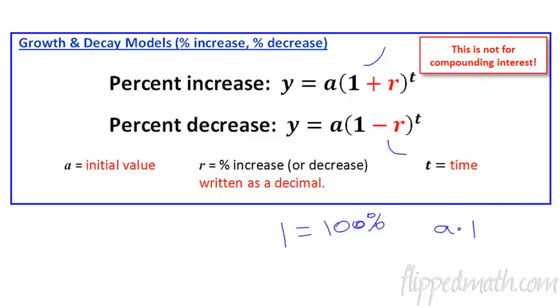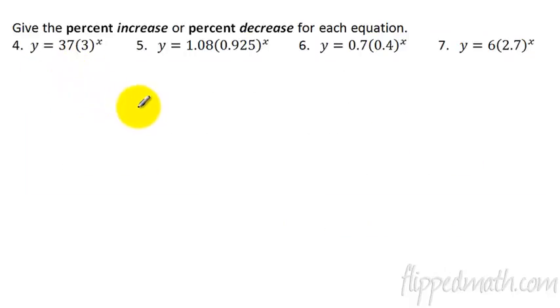Here's the next one. Here we're looking at what is the percent increase or decrease. So for this number 4 here, you're looking at the base, which is a 3. How far above the number 3 is the number 3 from the number 1? The way we do that is we take 3 and subtract 1 from it. 3 minus 1 is 2, so it's 2 above 1. Change it to a percent, so this is 2.00. We move the decimal twice and you get a 200%